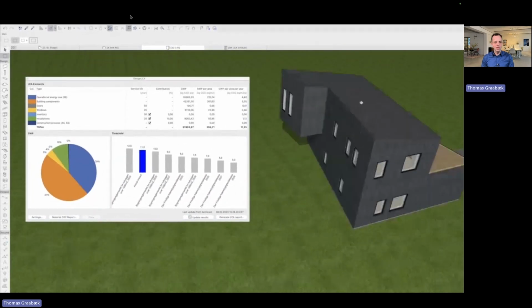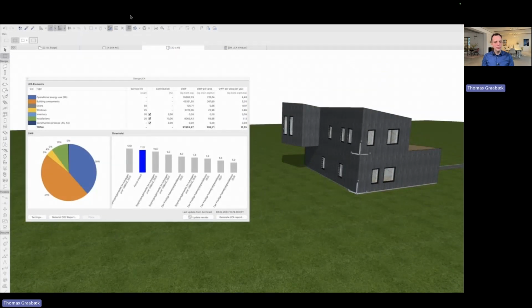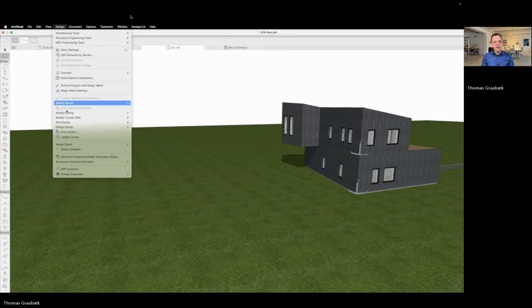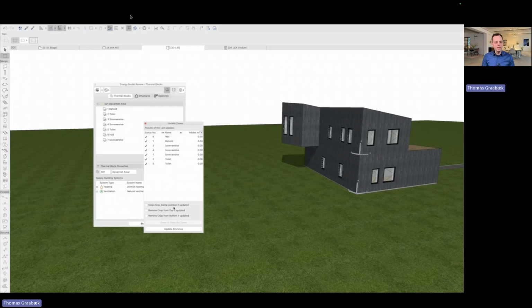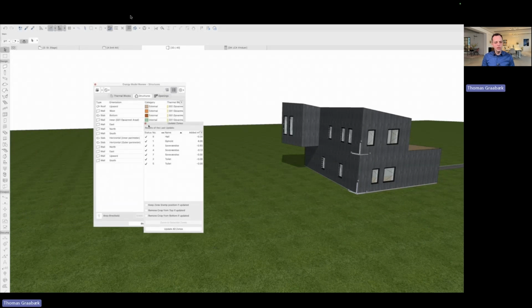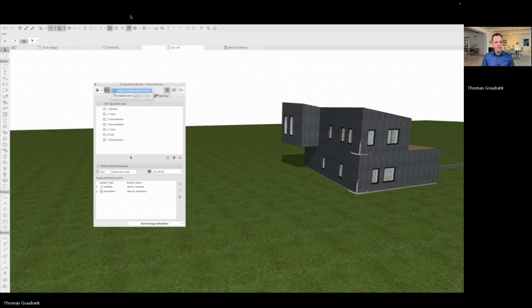I'll close down this palette for LCA, and I'll go back to my energy evaluation in EcoDesigner STAR. Come on, close. And all the settings I did before are still here, so I only have to update the zones and update the calculation. And then I have to export to DesignLCA once more.